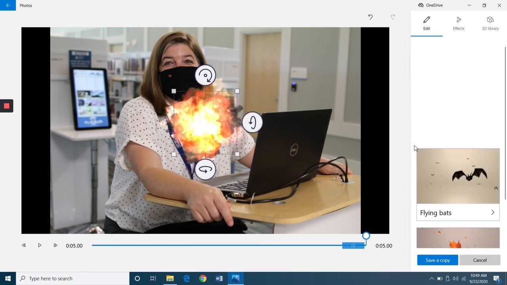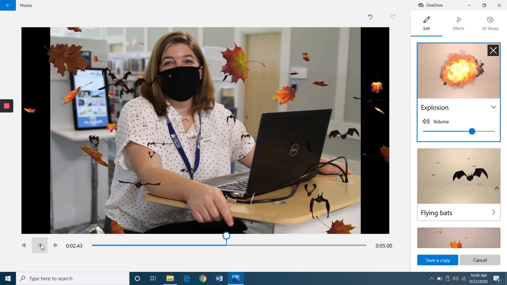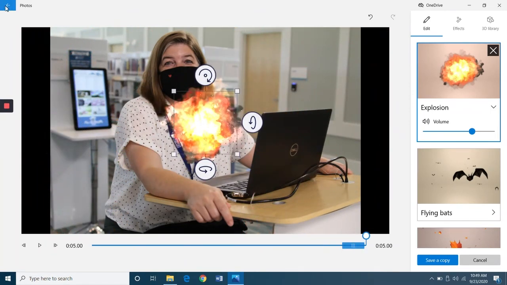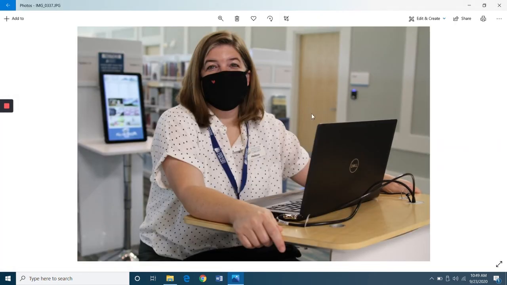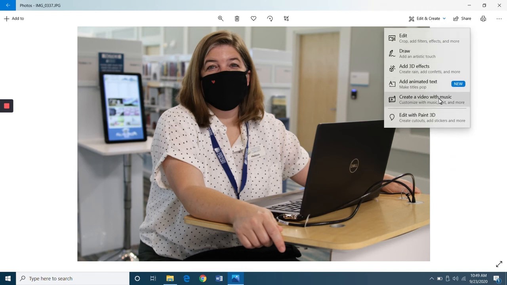Maybe we want an explosion. Let's see what that looks like. Come on, there we go. I exploded. All right, we won't save any of those either. But those are just kind of fun to play with. Let me show you another one here. You can create a video with music. Just add more photos. You can select your music, and that's fun to play with. For time reasons, I'm not going to show that to you, but I will very quickly show you Edit with